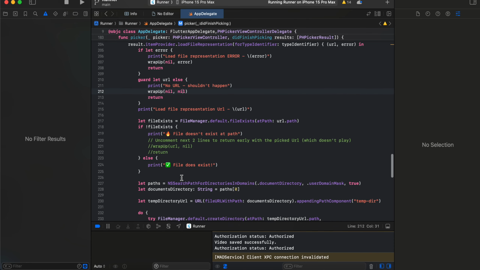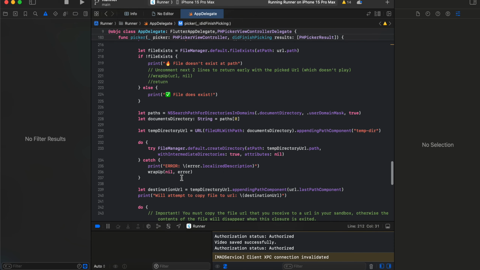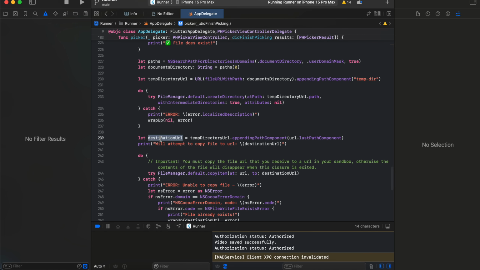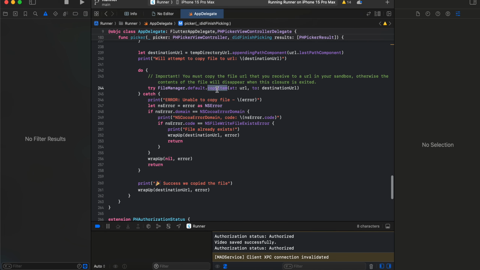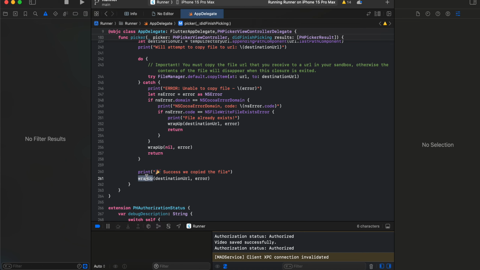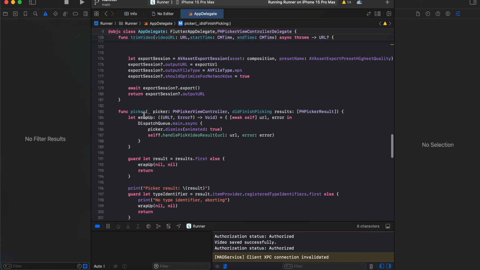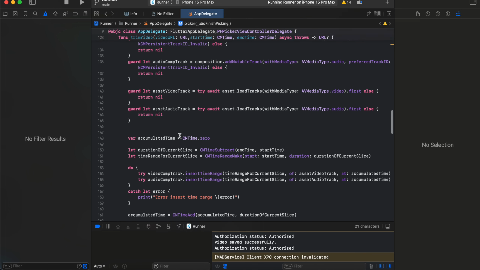You can just copy paste the code if you want to. Once we have our destination URL, we copy it to our destination URL. Then we call our completion handler, pass our destination URL as well as the error if any. Otherwise, if the destination URL is nil and we only have an error, then also we call our completion handler. Once this is called, we come over here. Once we have the URL as well as the error, we call handle pick video result. We pass our URL as well as our error, and inside handle pick video result, as you can see over here,